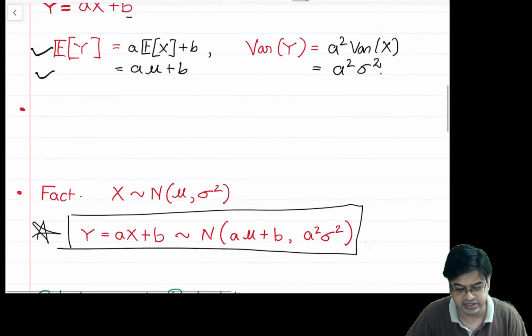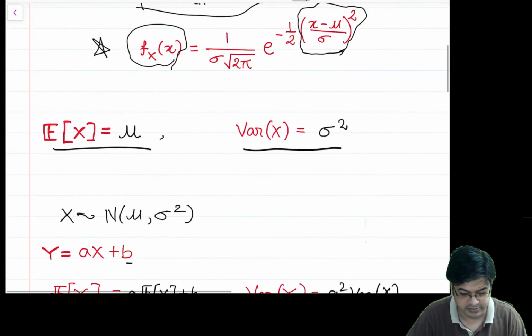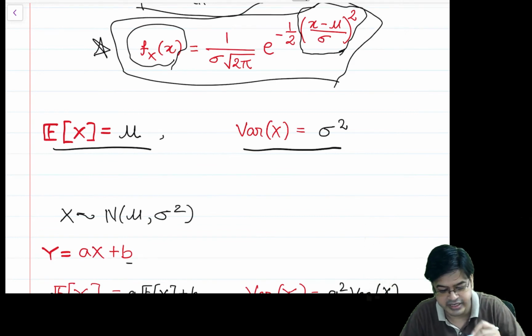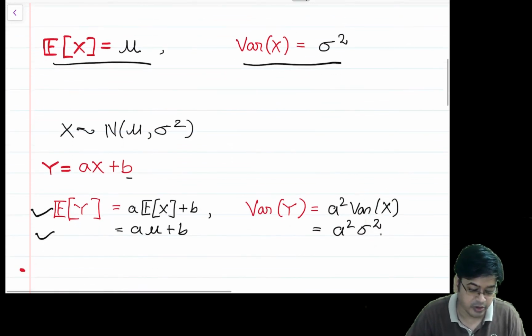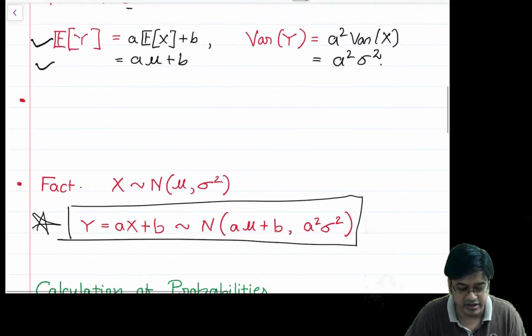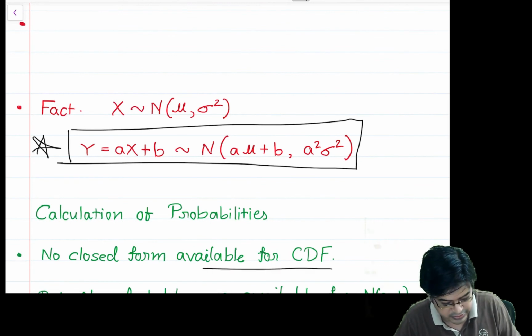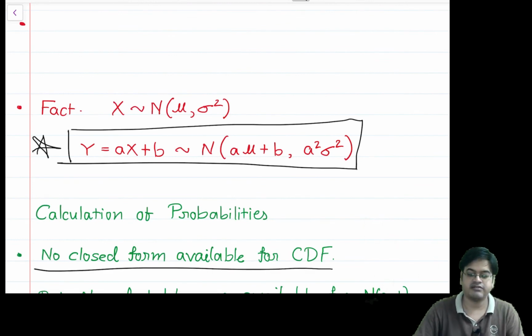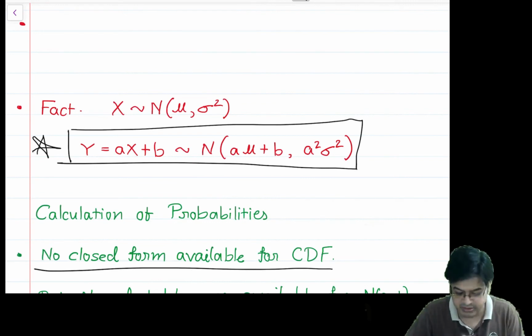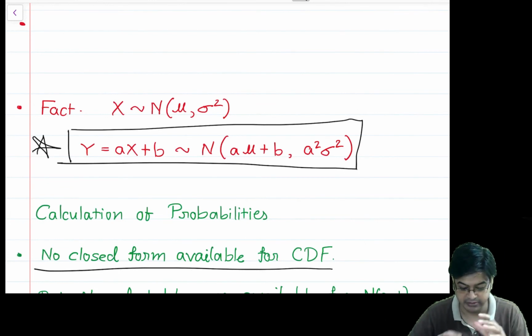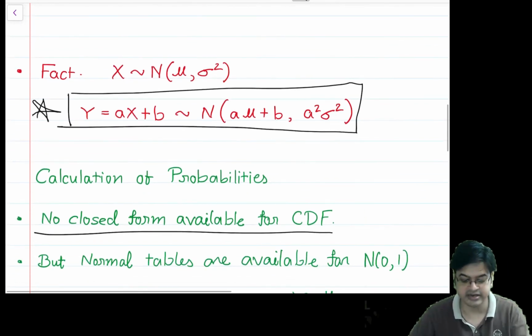If you look at the distributional form of the normal random variable, which is given here, it is very complicated, and when you try to compute probabilities of sets, it may not give you any closed form expression. That is a drawback of the normal distribution. So no closed form is available for the CDF. It will be simply an integral, and in some software it has a specific name, ERF, the error function.